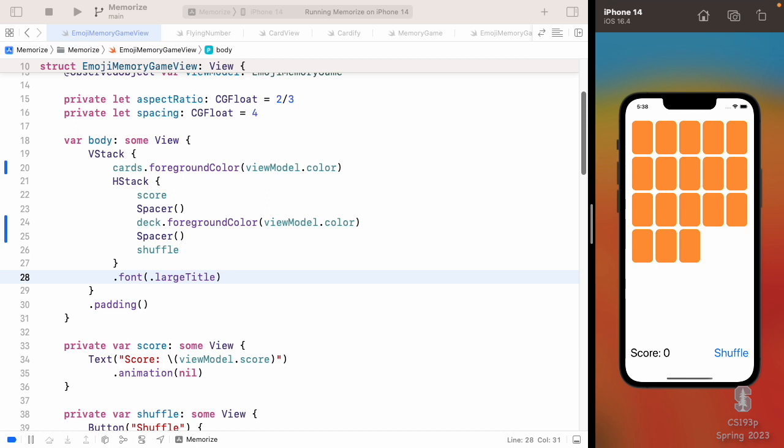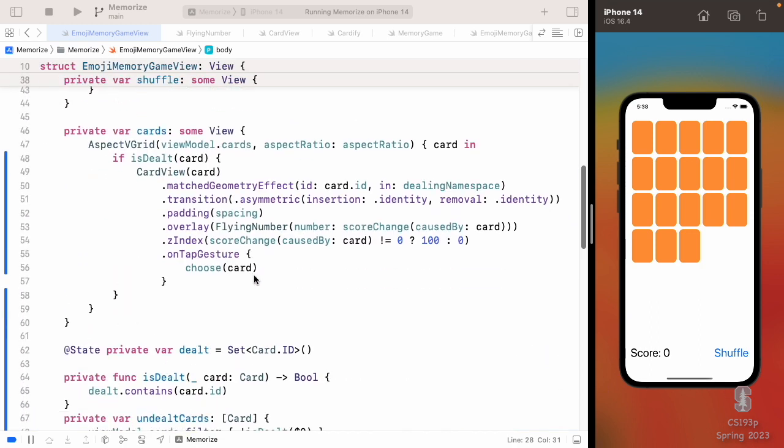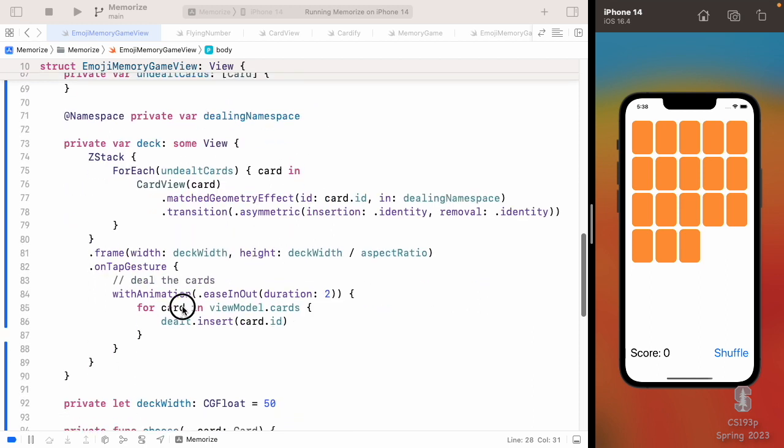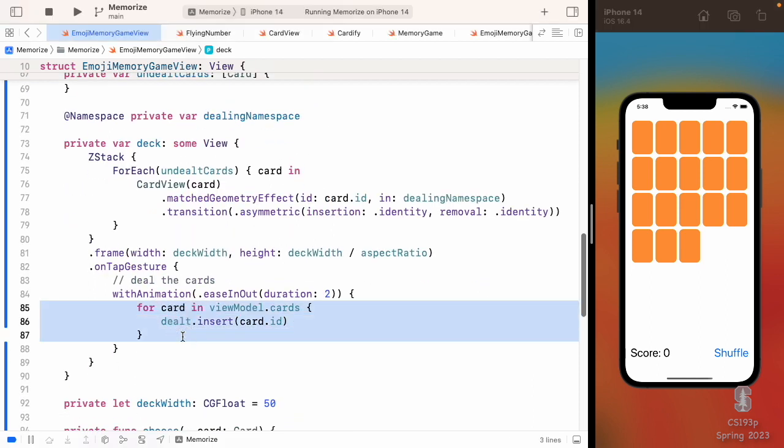So we want our deal to be exactly the same way. Now, how are we going to do that? Because we are throwing all of these cards out there at once. When we click on the deck here, we got this for loop. We're dealing all the cards all at once. Well, that's okay. We can keep doing that. Remember that animation doesn't show us what happens instantly. It shows it over time. So all we really need to do is delay the animations of the subsequent cards by a little bit more each time, so that we're still throwing all the cards out there, but we're seeing it more and more delayed with every card.